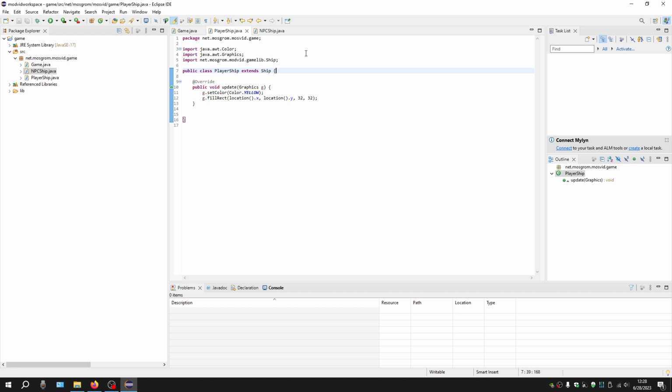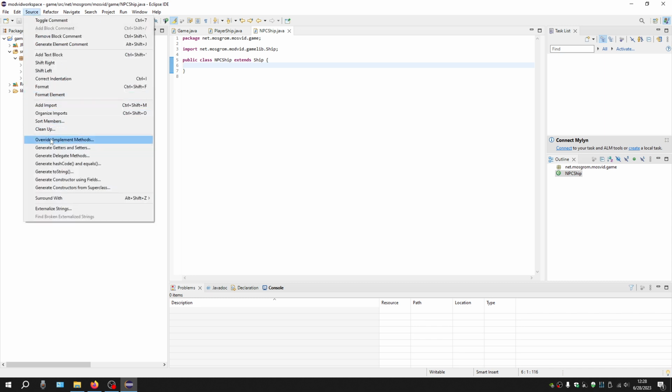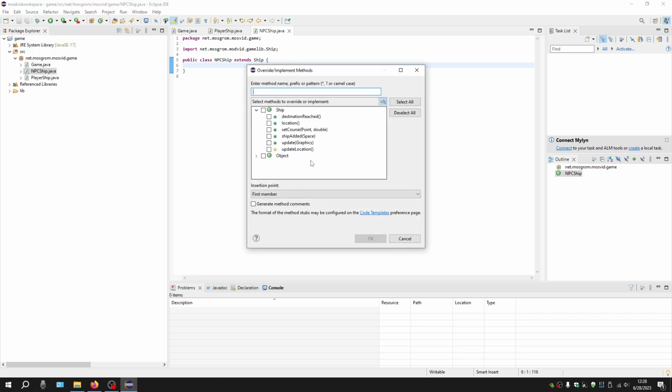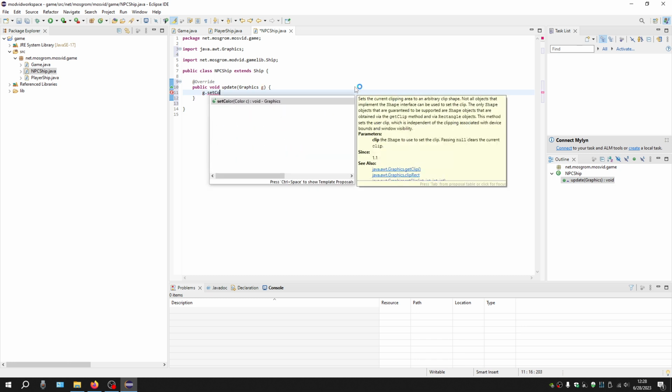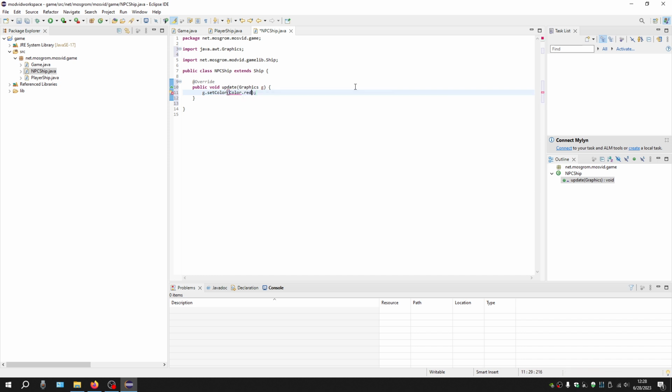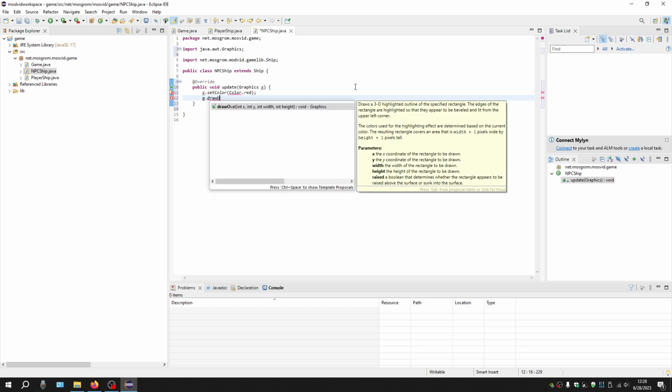For the NPC ships, we'll use red circles. So again, here in NPC, I go in here, source, override, implement methods, and we override update again, in which we update the position of our ship and draw our ship. Erase this stuff again, and this time we'll set the color to red. G.setColor to Color.RED, and we'll create a circle. G.drawOval,